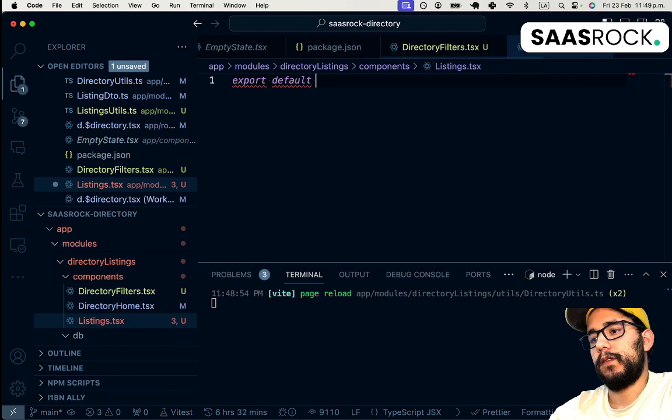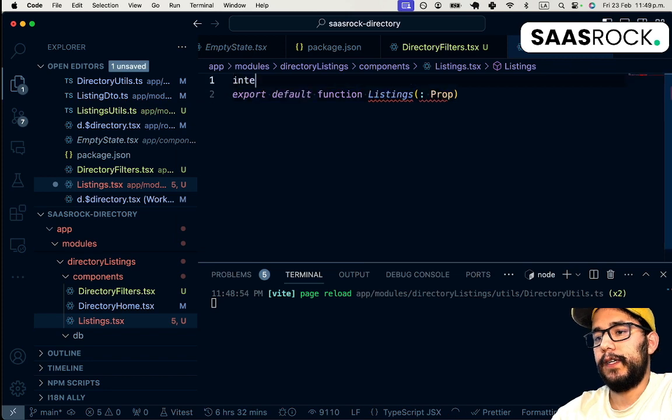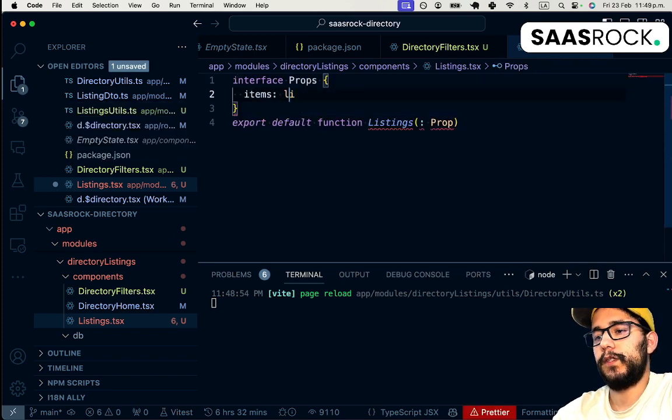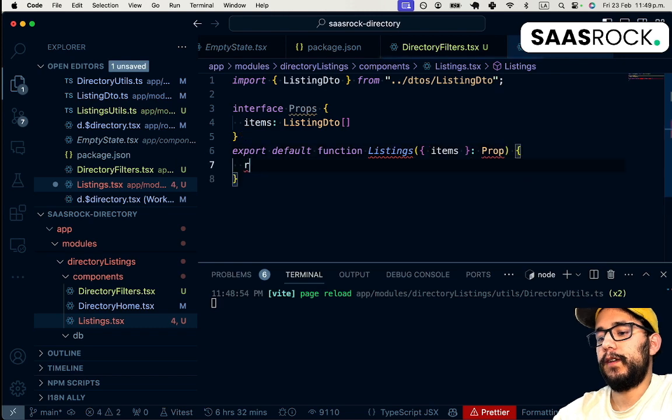Export default function listings. Now this will receive an interface props of items, which are listing DTOs. And let's get the items here and return a fragment